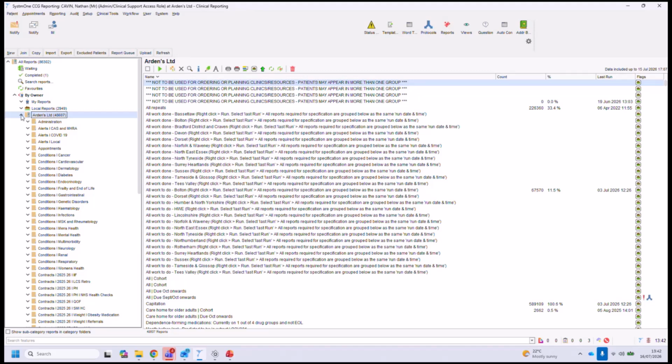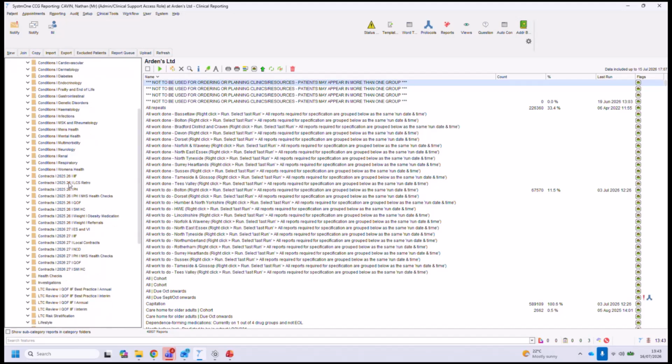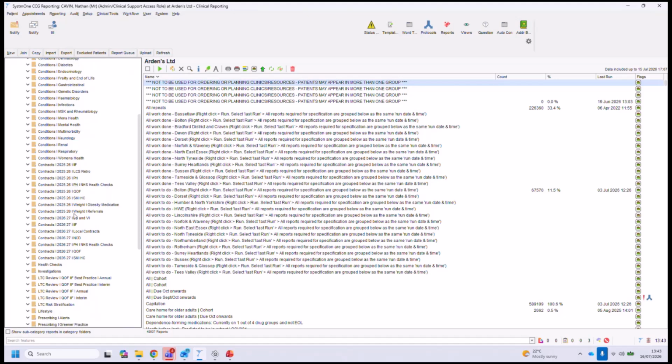As you can see, I've already opened up the folder, which is where we can see all of the subfolders. Now, I'm mainly going to focus on the QOF folder that we have available for you to help you with this. I'm just going to scroll down. A lot of this is in alphabetical order, and what we want to do is look at the contract section, and you'll notice now we have 25, 26 in there, and we have 26, 27. So just make sure that you're looking at the 26, 27 folder, because this has been updated with the latest guidance, because there's been a couple of changes on this heart failure domain.